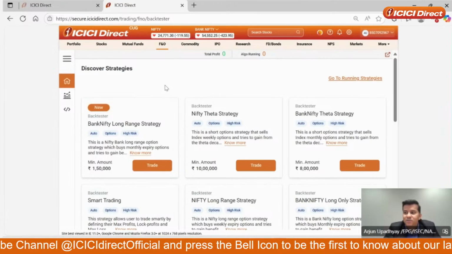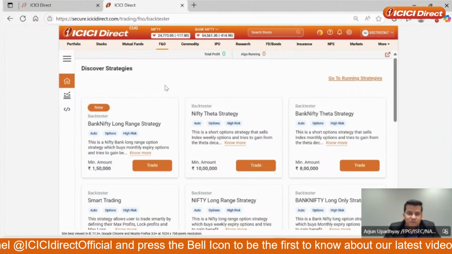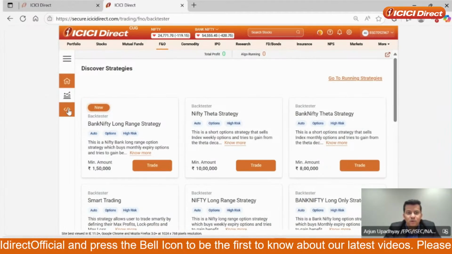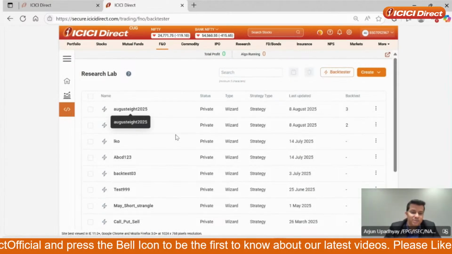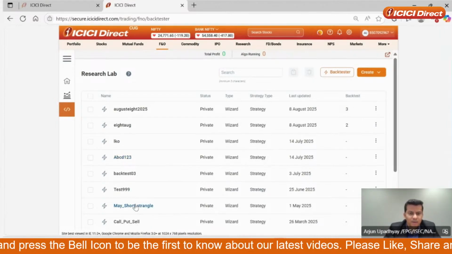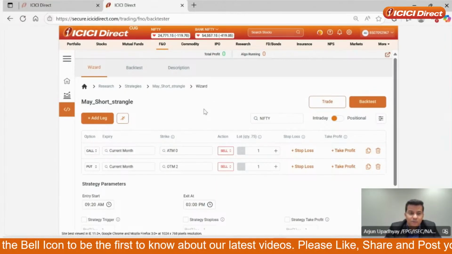This is again a very interesting screen on all the pre-published algos that ISEC gives. But we'll be back on the screen in a second. First, let me take you to a screen where I've already created some strategies, right? So these are some strategies that I've already created in the past. Now I'll pick one randomly and let's see what I have created.